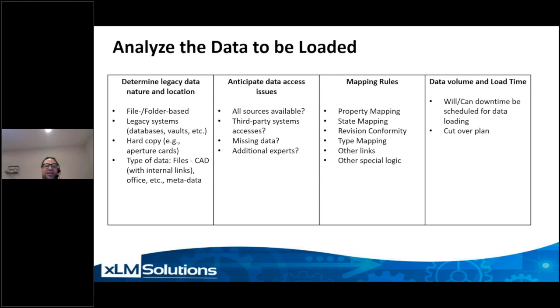Missing data: there are times where, for one reason or another, the data is lost, not there, or could be corrupted. And if so, how can we handle that? Can we put in rules or logic to deal with it? Can we go back to older backups to get to it? But,